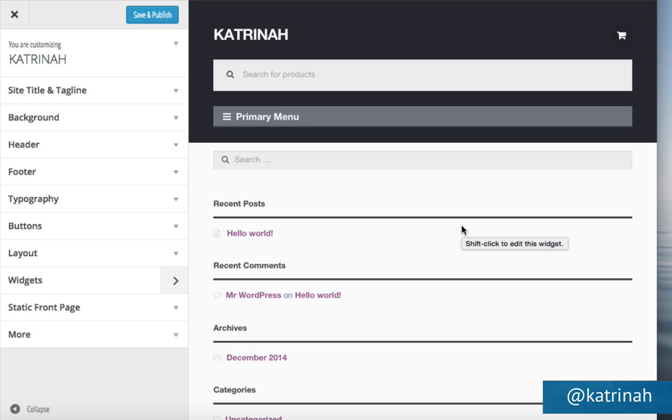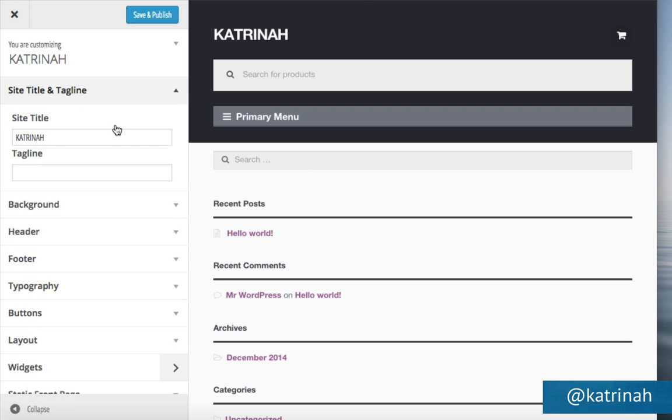So starting at the top, we have our site title and the tagline. I'm going to click on this caret right here, and here we can see, as it says, you can add your site title or your tagline. I'm going to drop in a tagline right there by just pasting a tagline right here. Now, not all changes are going to be completely showing up here because we see that I've added the tagline and it's not showing up. But rest assured that on the front website, when we take a look at it in a moment, it will be appearing. Okay, so next we can just click on Save and Publish to save that change.